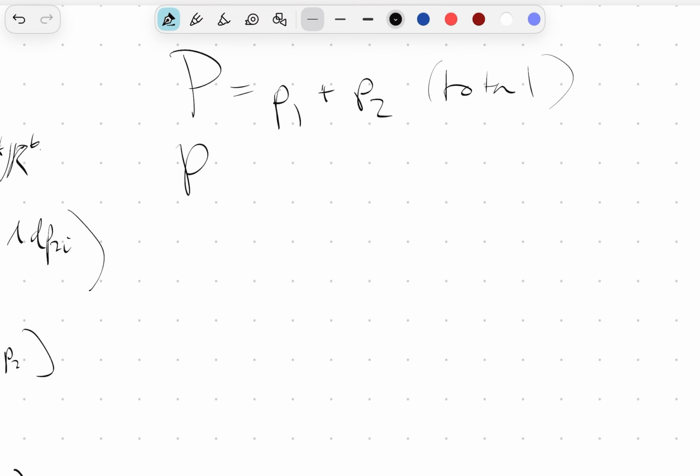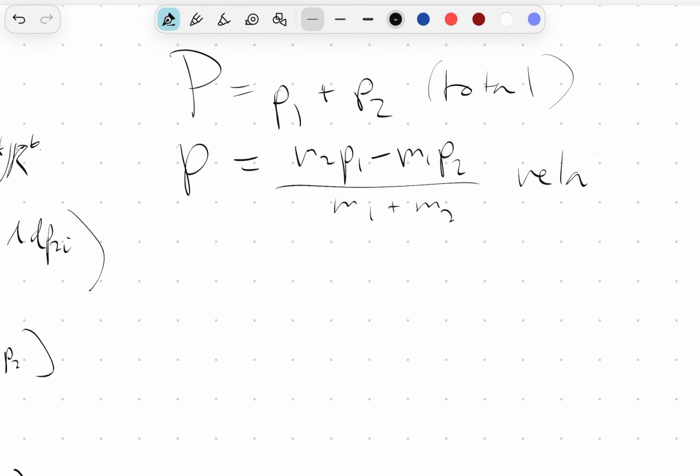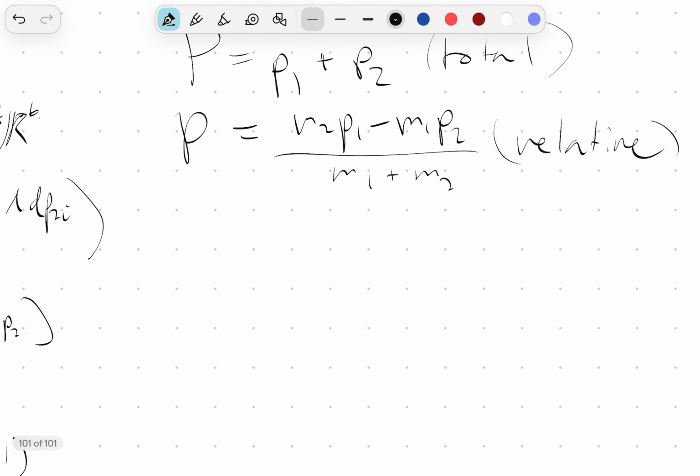And let's have little p represent M2 P1 minus M1 P2, over the total mass. Sorry, this should be a P1. This will be the relative momenta, so that we can have the symplectic form omega